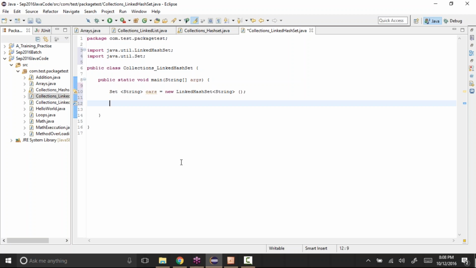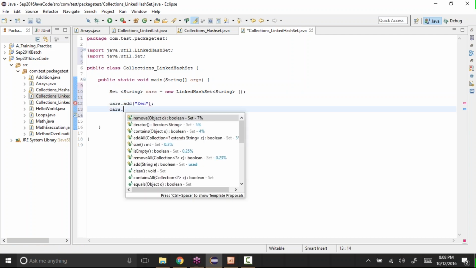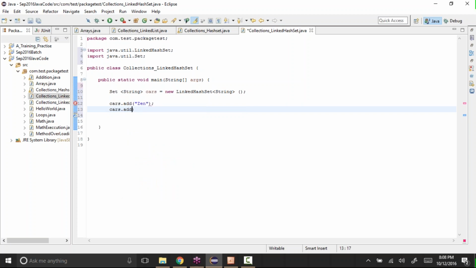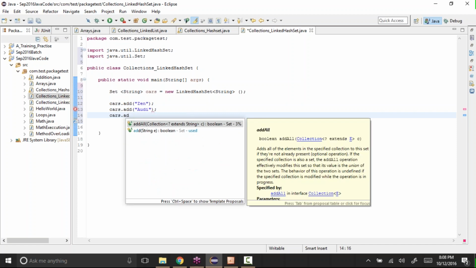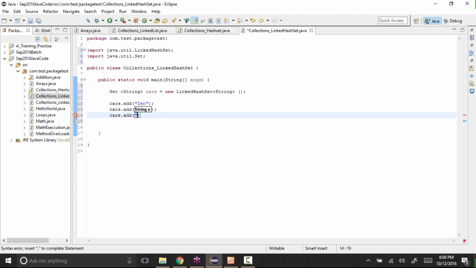Next is cars dot, again the methods are the same, dot add, let's say Zen, then cars dot add, Audi. Cars dot add Merc.